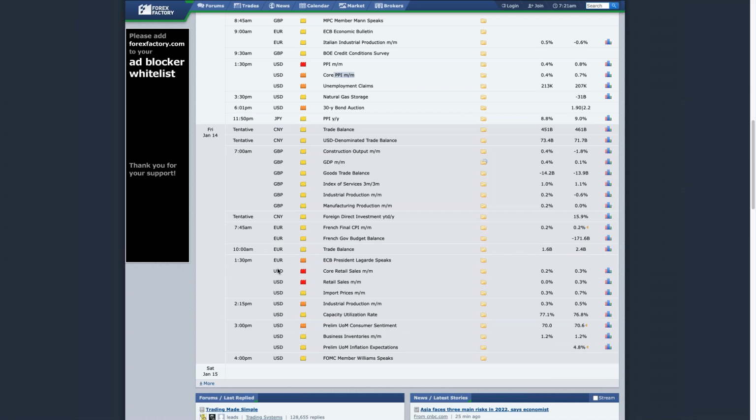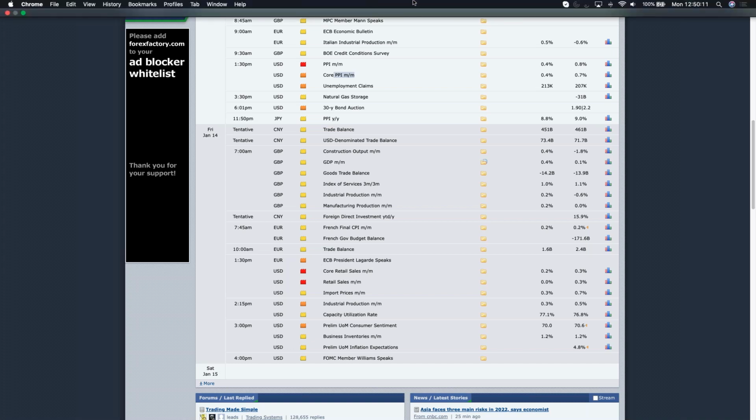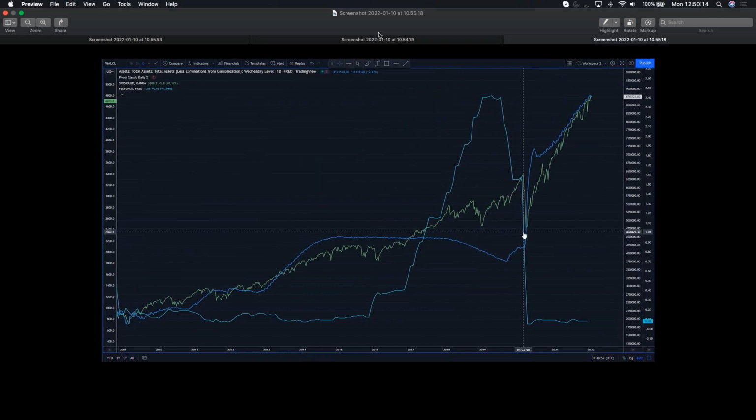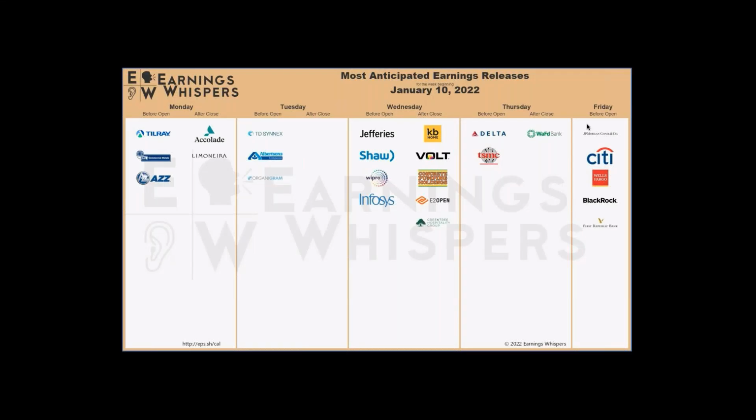Friday, we've got retail sales out of the US. That factors into the question of how much growth slows. And we've got the financials. Now, financials tend to do well when interest rates are expected to rise. Why? Because higher interest rates mean banks can charge more on their loans. They tend to be more profitable. So that's a potentially good outlook for the financials, Goldman Sachs, BlackRock, Citi, et cetera, who have earnings released on Friday. But do look at these for the first sense of how earnings are doing.